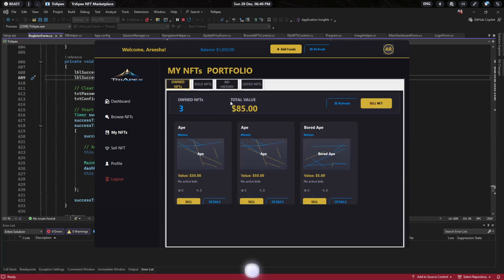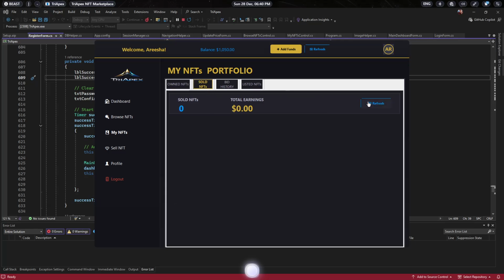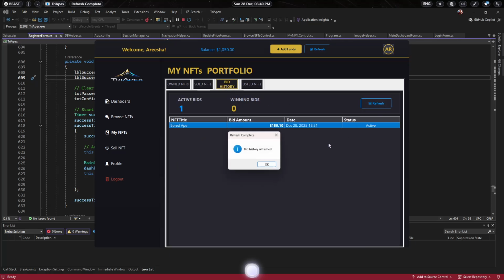Then in the my NFT section, we can see the NFTs owned by this user. These 3 NFTs are listed by this user. Sold list and sold NFTs. This NFT of this user is sold. In the bid history, we can see the bid of this user, placed bid 150 on this NFT at this